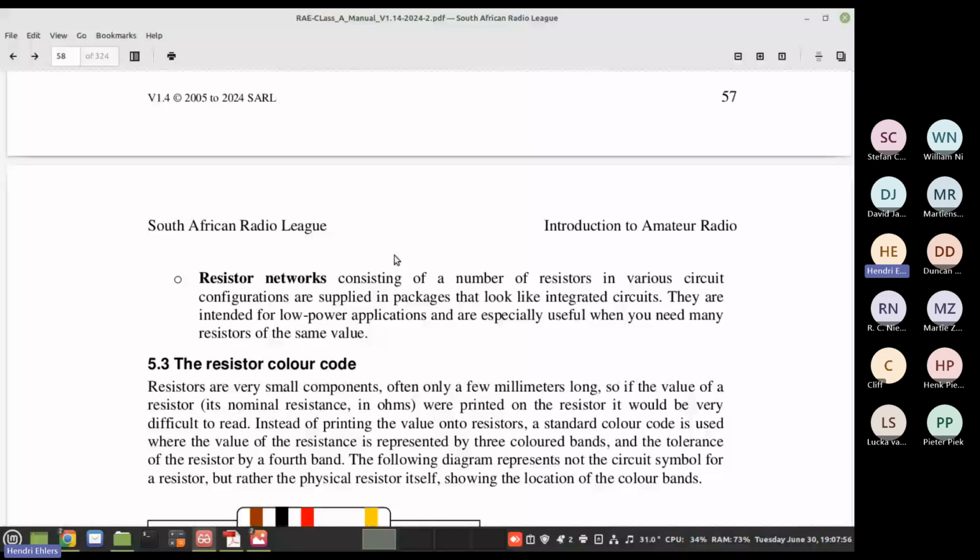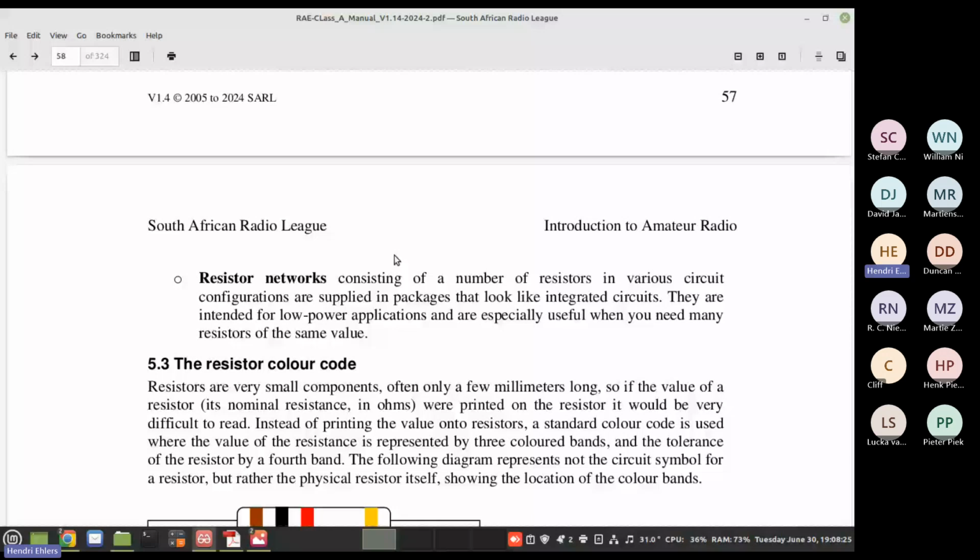1K, then you'll get 1.2K, 2.2K, and all the way up, exactly the same. We call it the Phillips values. They are the most common. So whenever you design something, whether it's a power supply or just an LED that you want to connect to 12 volts, you would know that you're probably going to have to use some Phillips value.